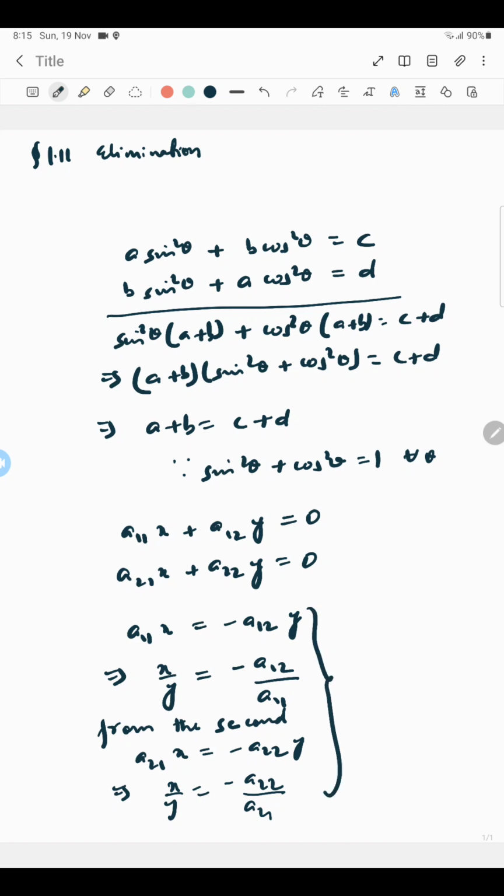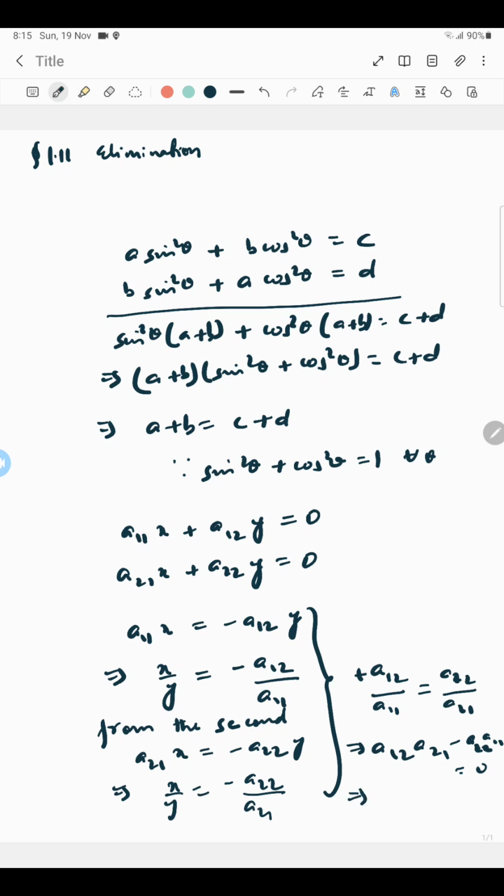So from these two we can eliminate, we can equate these two to get A12 A21 minus A22 A11 equal to 0,